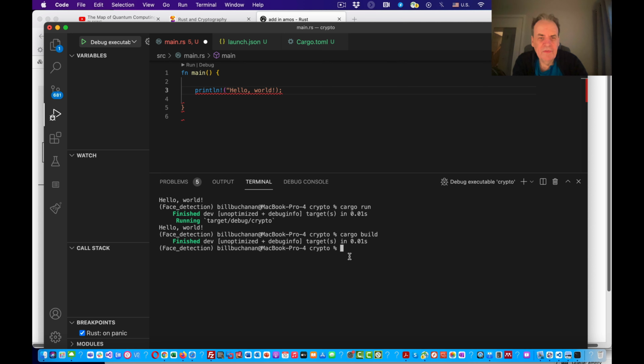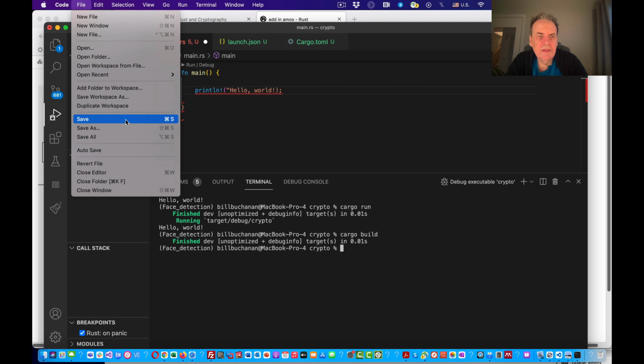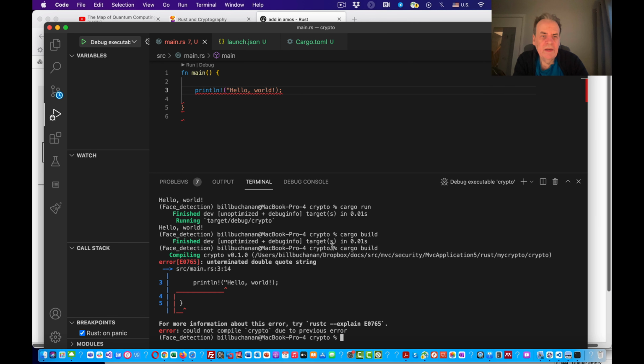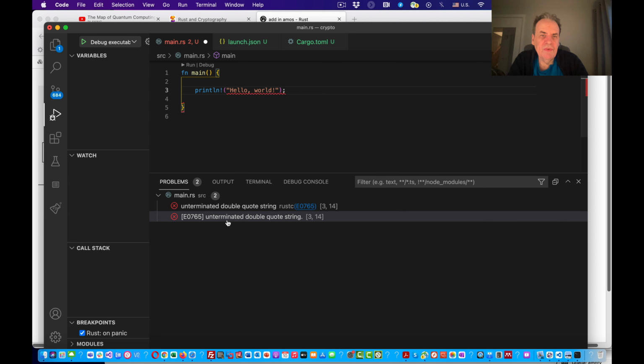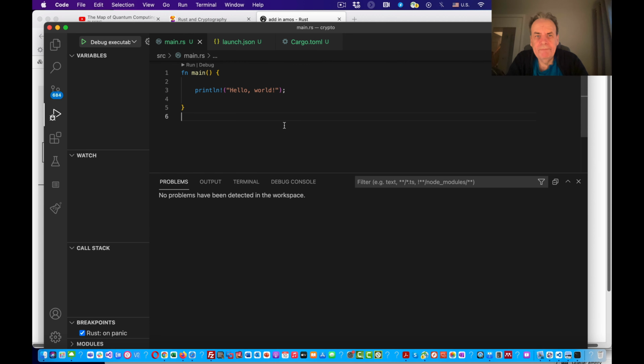So we'll just save that. Okay, save, and we can see when we try to build that, it's telling us that we've got some errors. But Visual Studio Code will give us a better idea, and we can see the problems that we have there. I just fixed this one here. That's the only problem I think we've got, and we'll just save that. Okay, so now there are no problems in there.